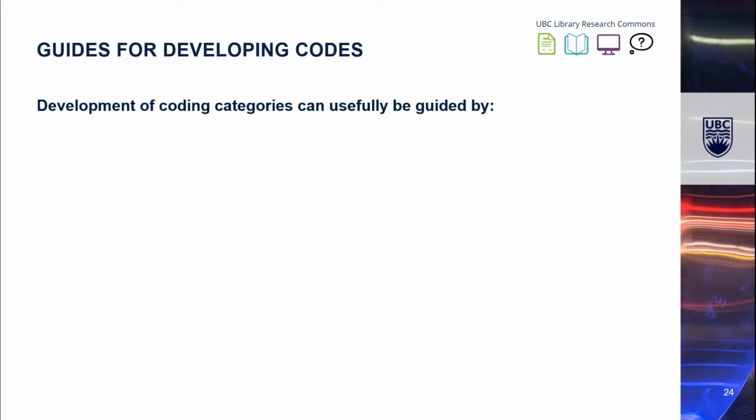Let's start with this useful list of guides that we can use to help direct our coding process. This list comes from Coffey's book, Doing Ethnography. She suggested that our research questions could be highly useful for guiding our coding. We actually saw that in the part 2 video in this series when we explored one of the sample projects in vivo. But we know that in qualitative analysis, our research questions may change as we conduct our analysis based on the patterns emerging from our data.